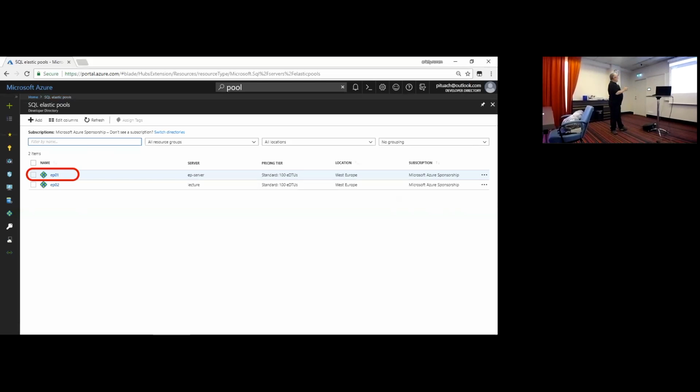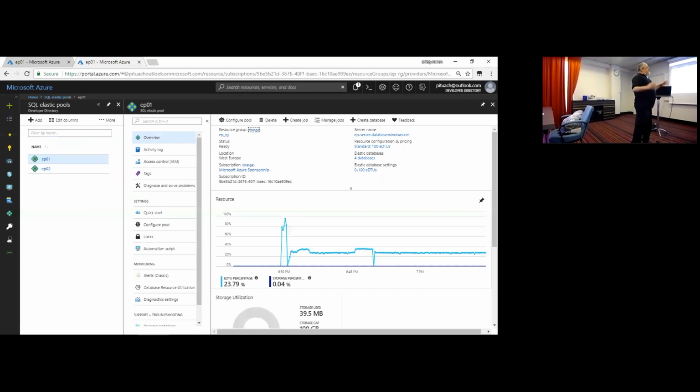And we will go to the first one in order to learn how to manage the Elastic Pool that we have just created. First thing, immediately when you go to the Elastic Pool, you get this board. This is very important. Using this board, you can see several graphs that give you basic statistics: how much resources you use right now. With this information, you can decide that maybe we want to configure the pool differently. Maybe we need to allocate more resources to our pool, or maybe less.